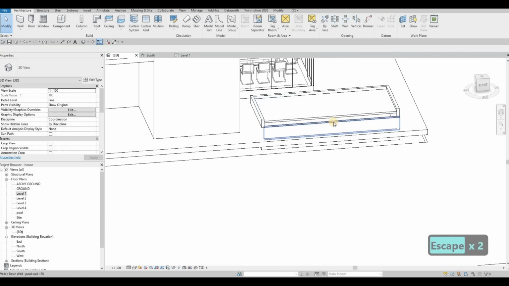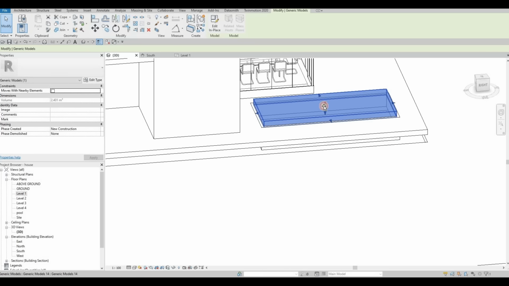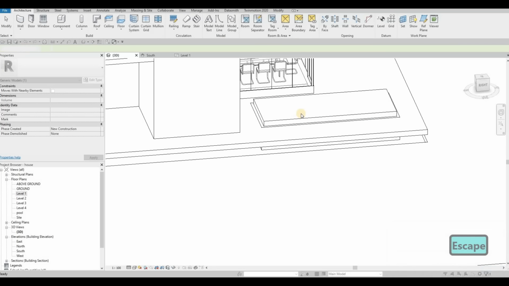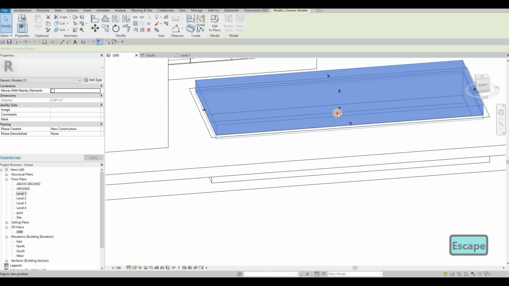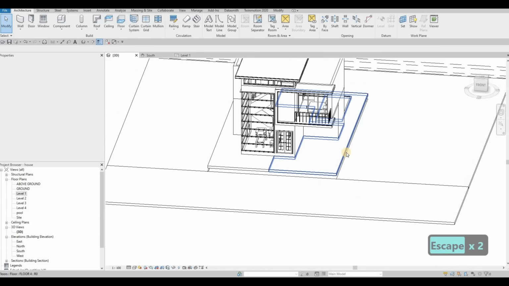There you go. And then this will be the water. We're just gonna pull it down. So once you have that,